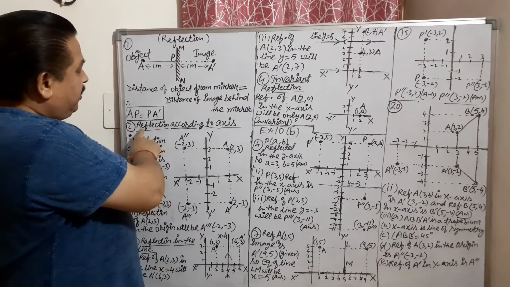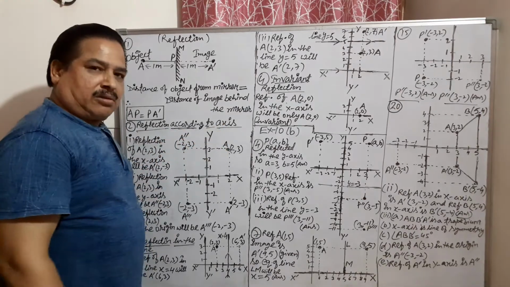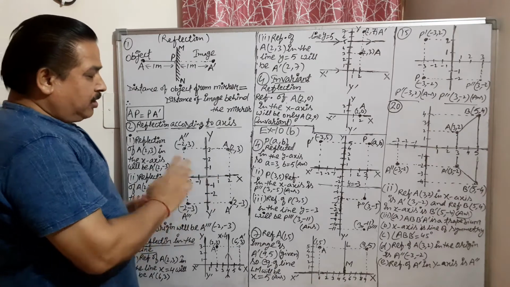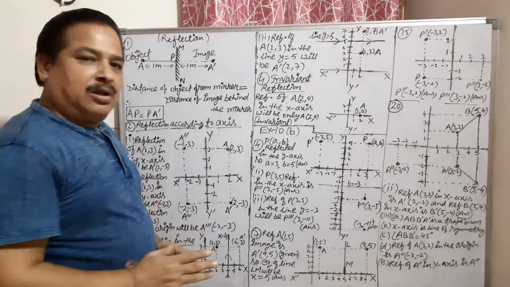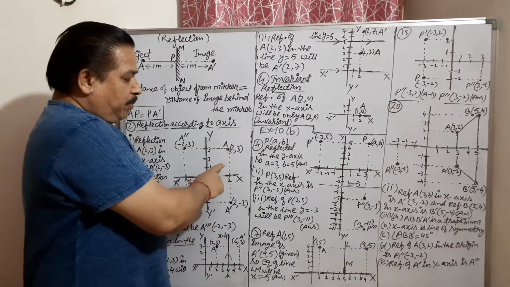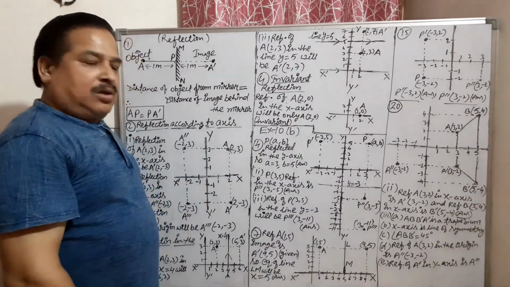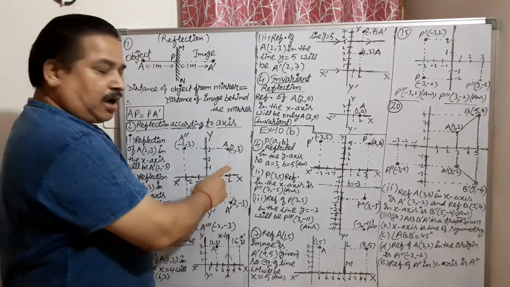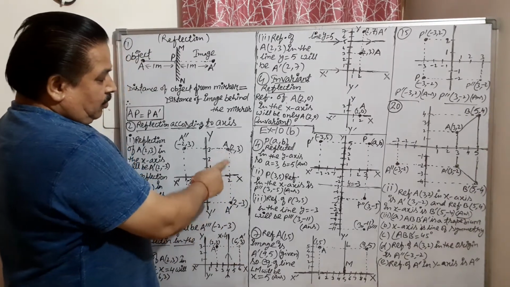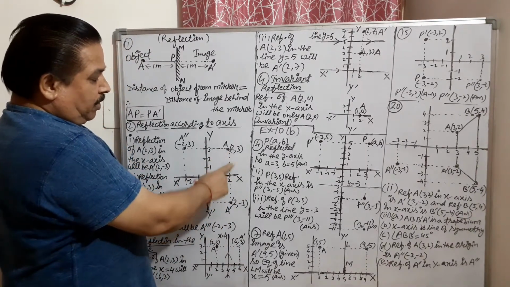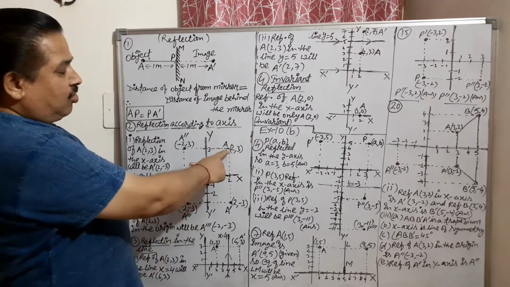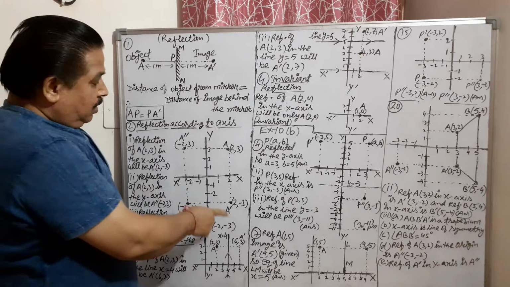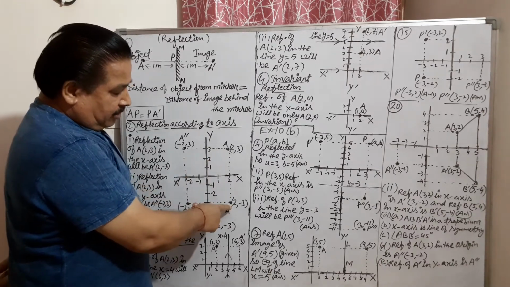Now see the second point: reflection according to the x-axis and according to the y-axis. For this, I am taking one example. Suppose I have taken a point (2, 3). You have to do all the reflection questions on graph sheet. Plot (2, 3) on the graph and find its reflection in the x-axis. First point, see here. So (2, 3) reflection in the x-axis will be